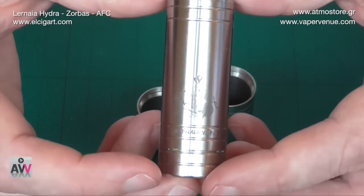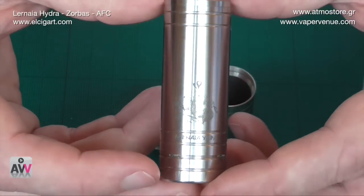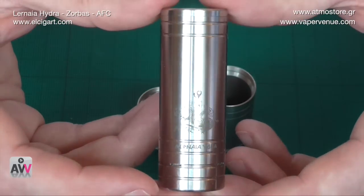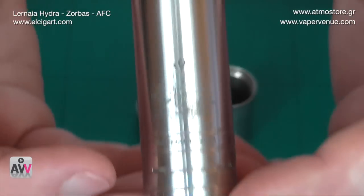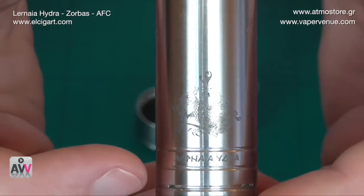but it's one that I must say I really like, because it means that you don't pick up all of the fingerprints and stuff like that on it. So it always looks good, but at the same time it has got a slightly polished-y sort of feel to it. So on the front there we've got Lernaia Hydra,